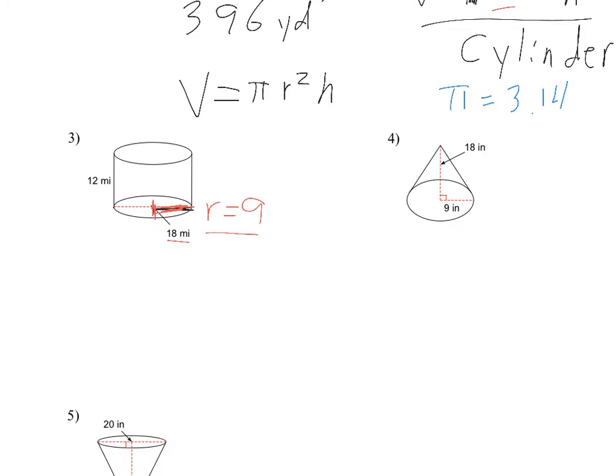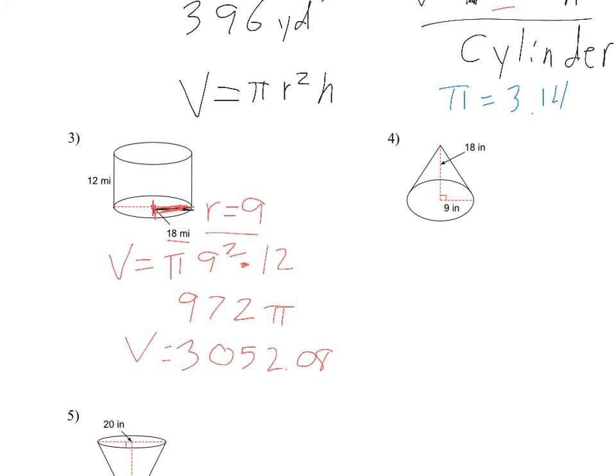Okay, now we'll use our formula. Since the radius is 9, we'll say that V is equal to pi times 9 squared times 12. Okay, so 9 squared is 81. 81 times 12 is 972 times pi. And then we'll go 972 times 3.14 to get 3052.08. And that's what our volume is,